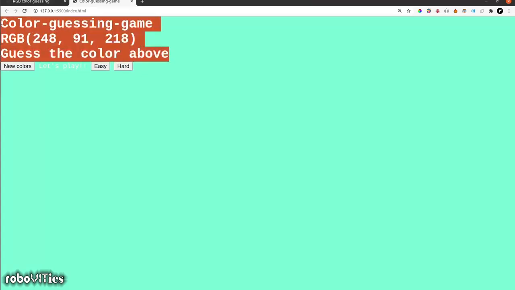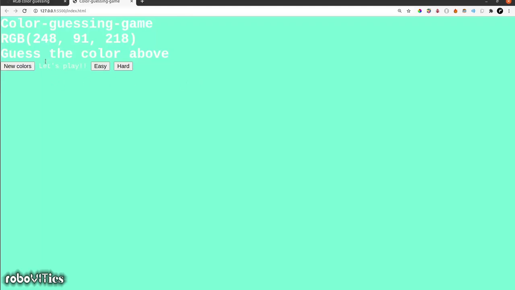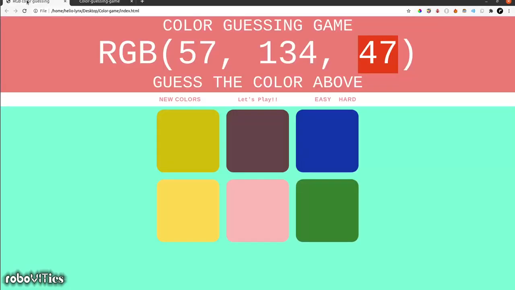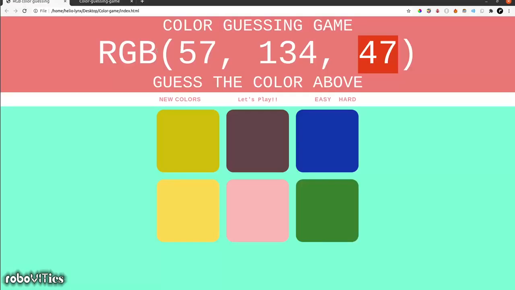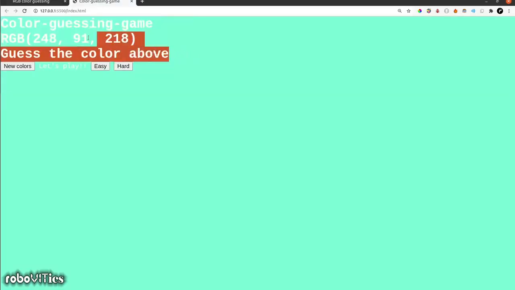Well, it has changed the font family, and it has changed the color and the background color. Now the next thing that we're going to do is give this a background color as well, that is this light shade of pink. And we would also want to convert all of this to uppercase, because every single thing over here is in uppercase. We would also want to give it a better font weight, more like this is normal, while over here it's still bold because of the default H1 tag. And yeah, that's about it.